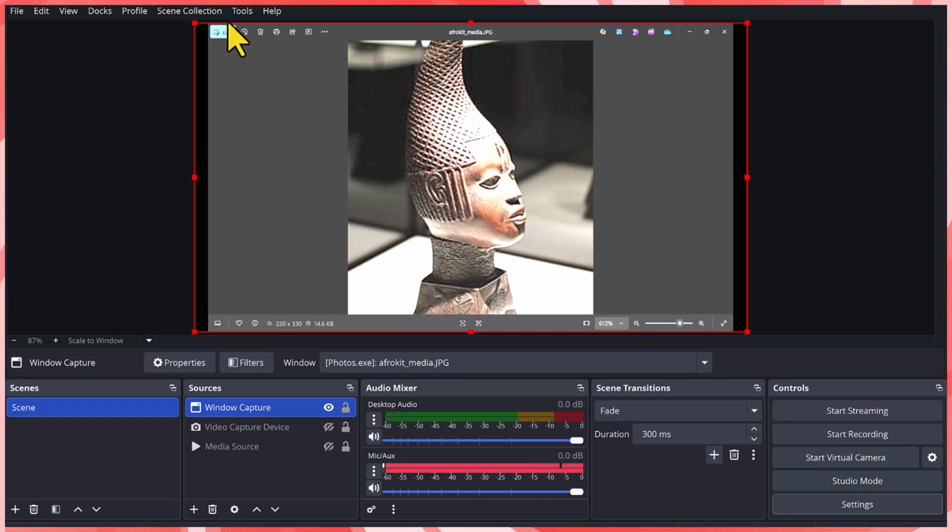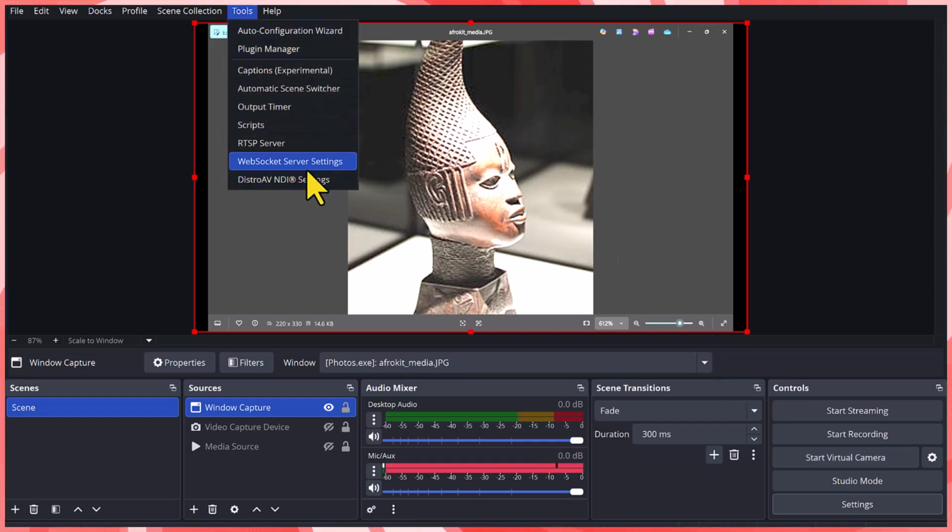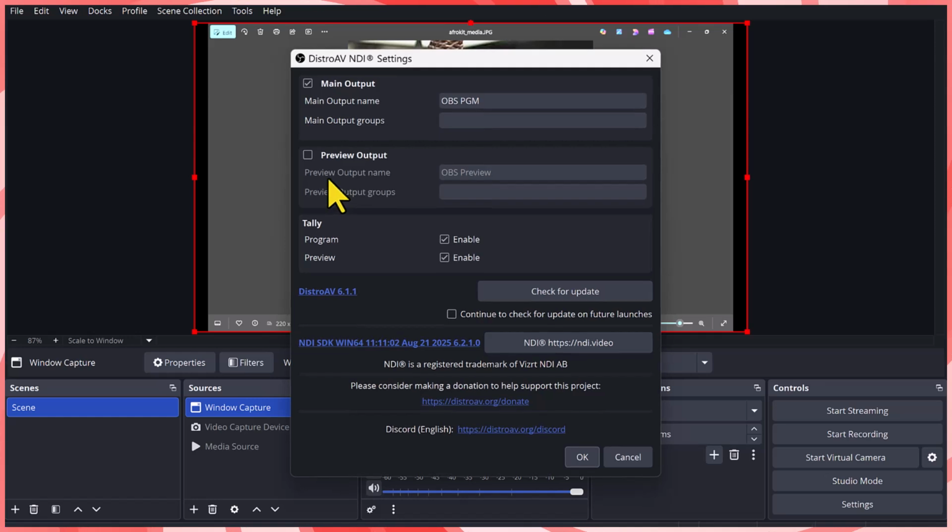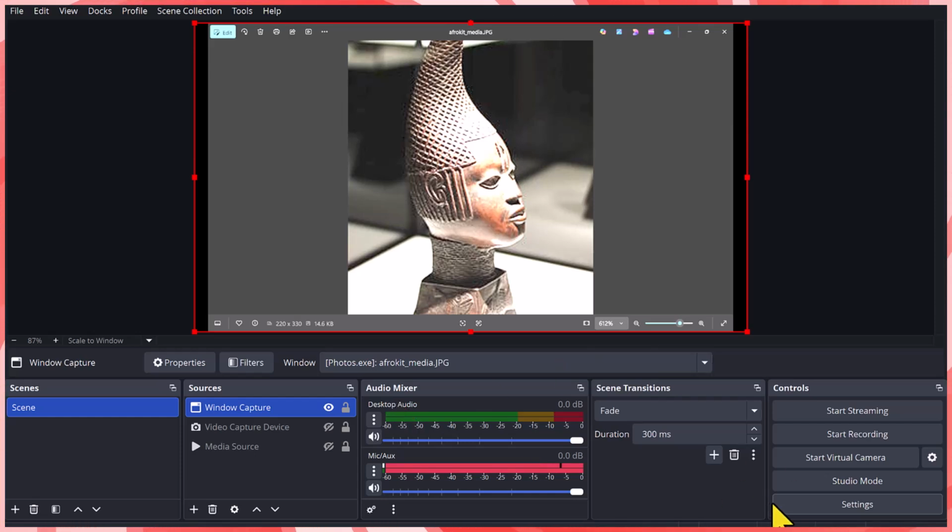So you come to settings and you turn off any additional plugin that you have. Okay, in my case I have the DistroAV NDI settings on, so I'm going to click on this plugin here. In your case, you can have any other plugins here after this WebSocket server. Okay, so I'll click on mine and I'll turn off this one here and click OK. So when I head back to settings here